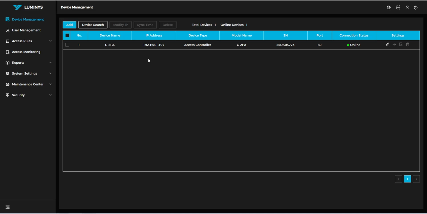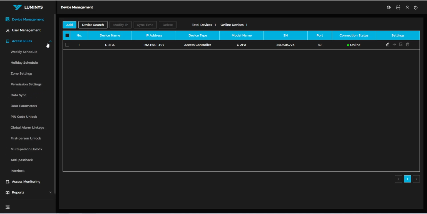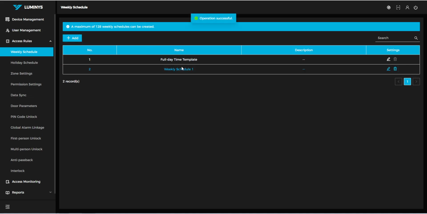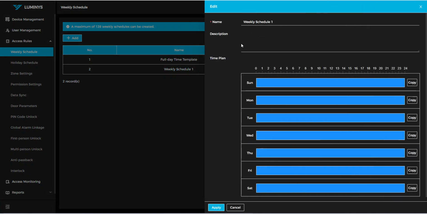Once we've logged into the system, the first thing we need to do is specify the time parameters that will be used for the unlock period. If we come into access rules, we'll do that under weekly schedule. We'll create a schedule, and then we need to set our time frames for when we want these rules to take place. So we'll call this first card unlock,